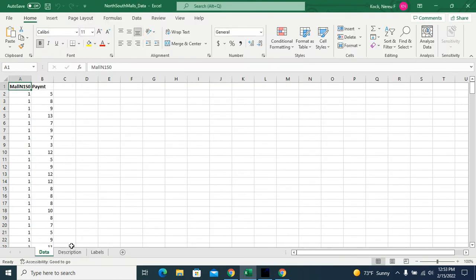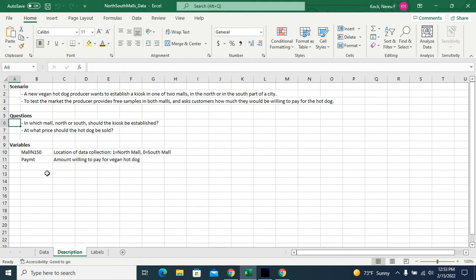Now, the questions are: in which mall, north or south, should a kiosk be established? The answer is the North Mall because you will get a higher pay for your hot dog and you have a higher profit, assuming that the cost of establishing the kiosk is not so much higher in the North Mall, which may be the case. But since this is not part of the scenario, I'm assuming that the cost of the kiosk establishment is not much different for the two malls, but clearly the willingness to pay is much higher for the North Mall,